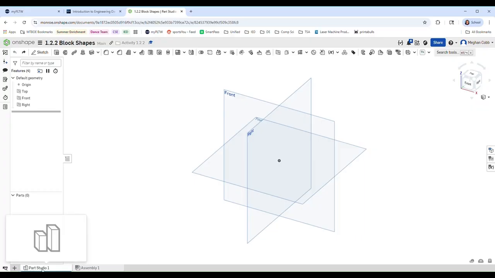So first thing I'm going to do is right click where it says Part Studio 1. Rename that to, we're going to start with the cube, so you know which shape is which. I'm going to go through the dimensions really quickly, just because you should be referring to the dimensions that you measured when you did the isometric sketching portion of this activity. So your dimensions might be different than mine, and that's perfectly okay because most of those block shapes are not